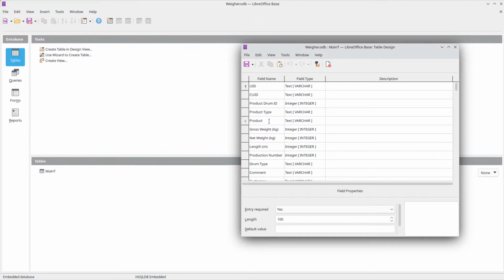Product, enter required, string. Product type, enter required, string with 50 characters. Product drum ID, enter required, yes. This should be auto value. Length integer. Okay, change UID to UID 6. Okay,